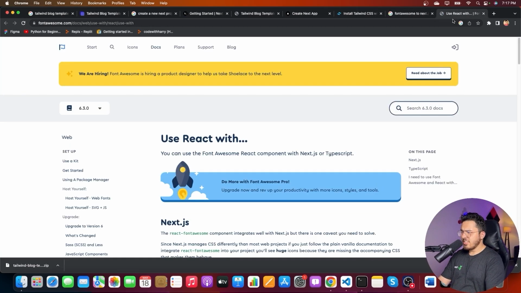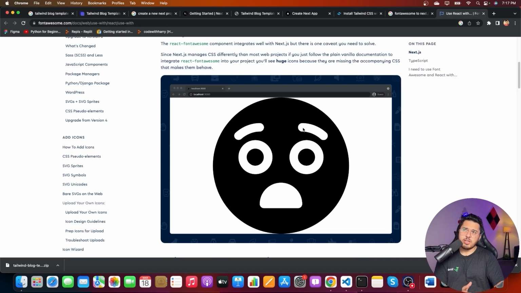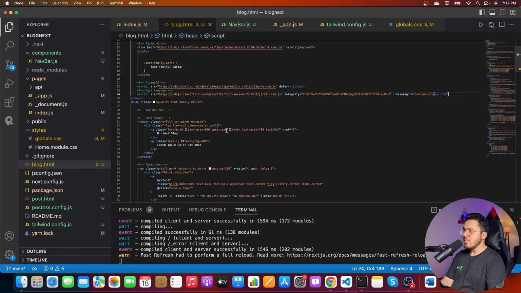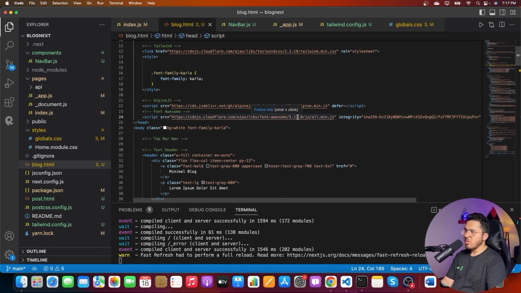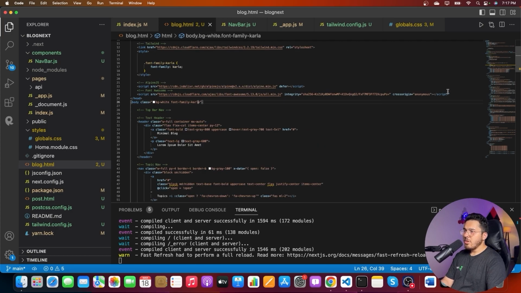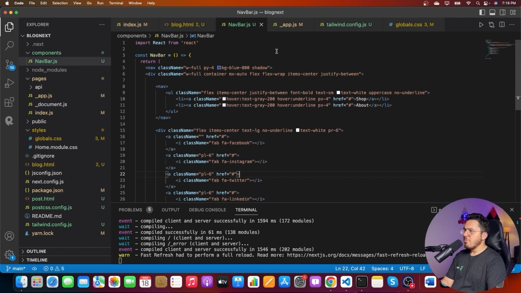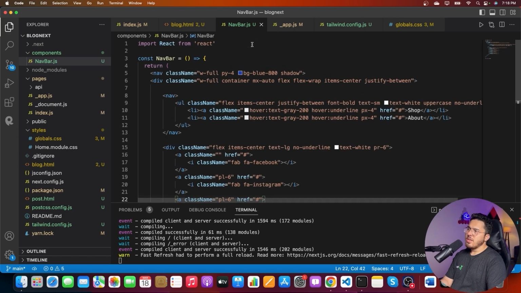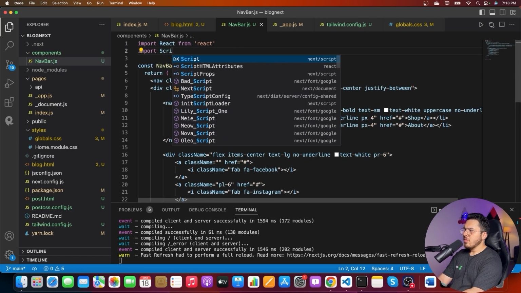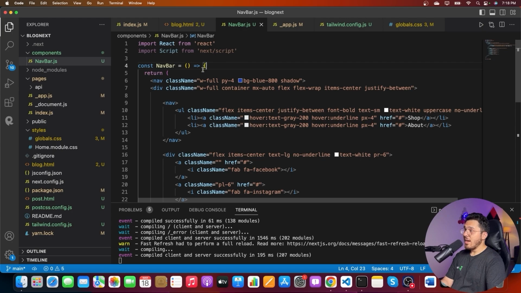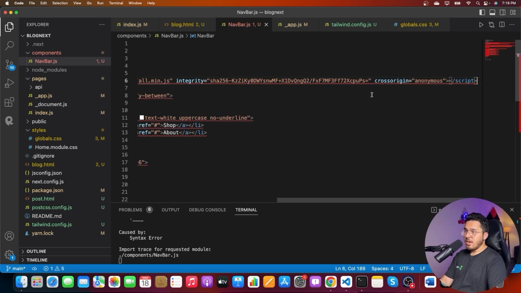Font Awesome has changed a bit because they are now using a way to give access tokens to each and every developer, but previously there used to be a link and you were good to use this thing. But let me do one thing. Let me try to use this as is, and let me try to add this to my Navbar, or rather app.js. I should be able to use it in app.js, or let's use it in Navbar. So I'll say import Script from next/script, and let me add Script, and I'm going to use next script,